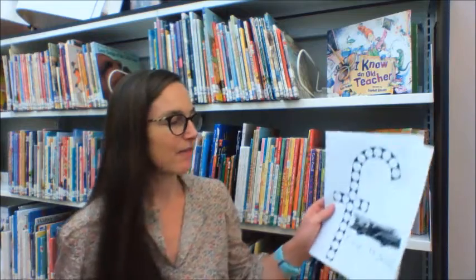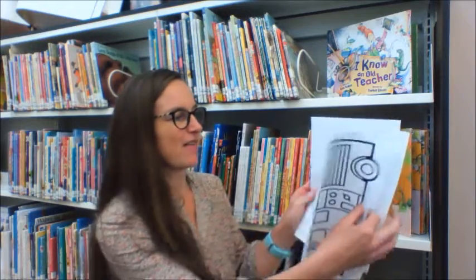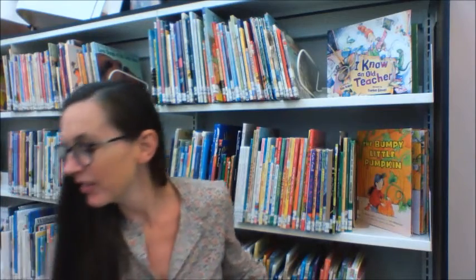I wanted to tell you about our Take and Make activity bags that we have available at the Galax Public Library and the Carroll County Public Library. The activities this week have to do with fire safety. We have some really special treats in those bags from the Galax Fire Department, so thank you so much to them for the treats. We have a fun fire safety scavenger hunt that you can do with your family at home. There are some fun fire truck activities, a fire truck coloring page,